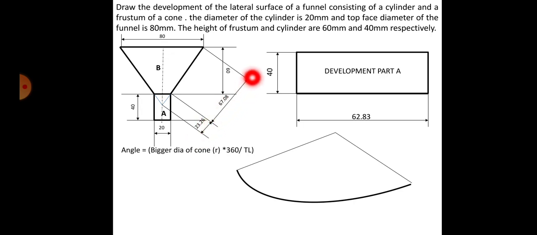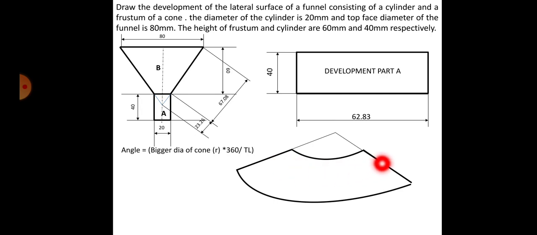Now we have drawn a radius of the total length, isn't it? So now measure 23.26 in the compass, keep it over here and measure 20, that is the radius, and cut the arc over this. So when you draw an arc like this, the bottom portion will be the development and the top portion has been removed. Okay, so you will draw an arc like this and join the outer lines. So this is the required material for drawing the funnel.